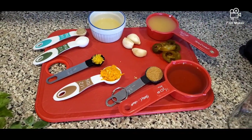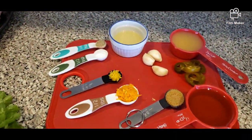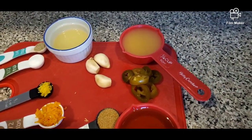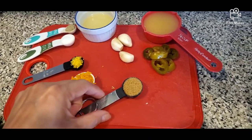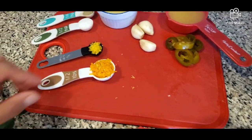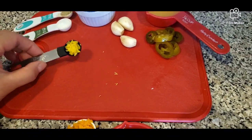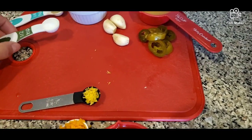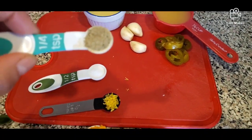So for this marinade, we need a blender to blend all our ingredients. And this is all what we need. We have 1/3 cup of olive oil, 1 teaspoon of cumin, 1/2 tablespoon of orange zest, 1/2 teaspoon of lemon zest, 1/2 teaspoon salt, 1/4 teaspoon ground black pepper,